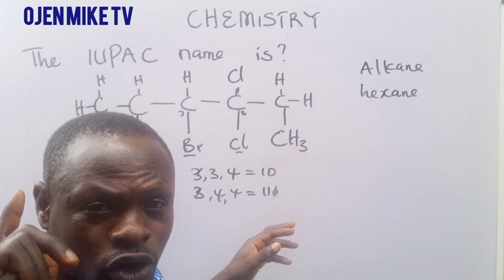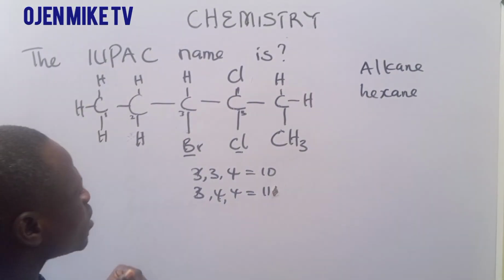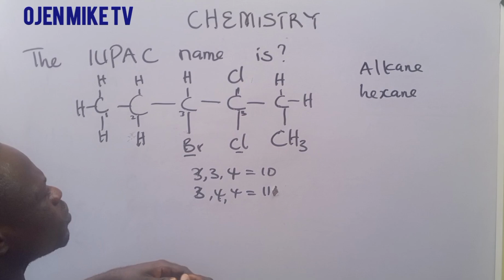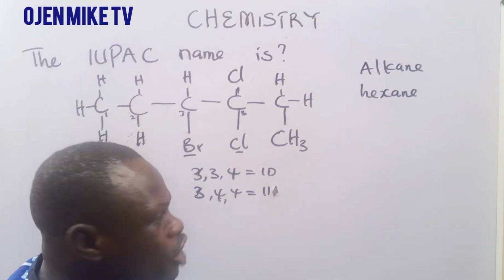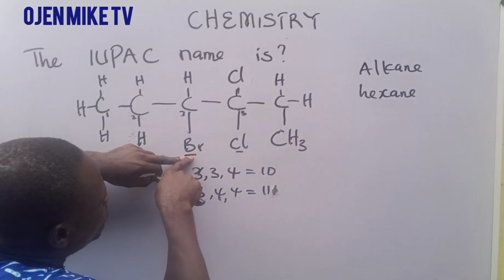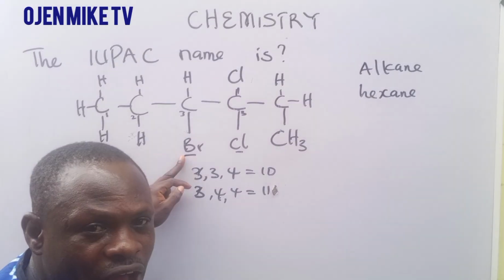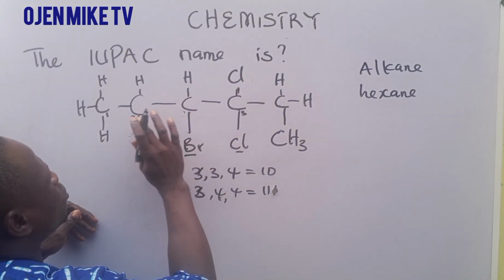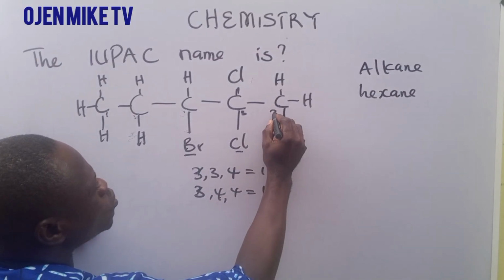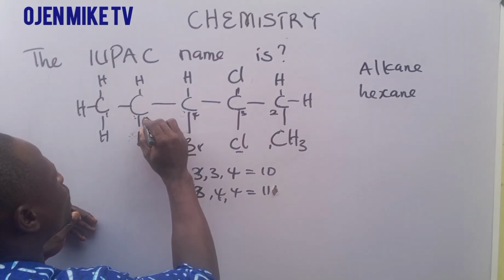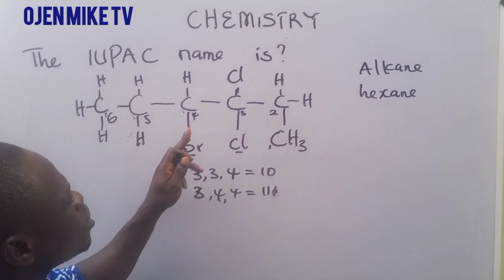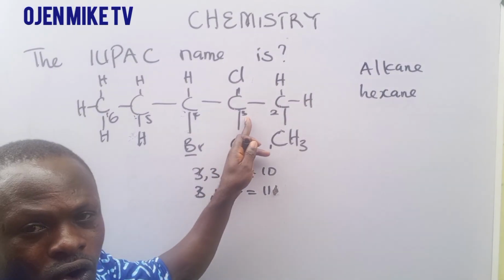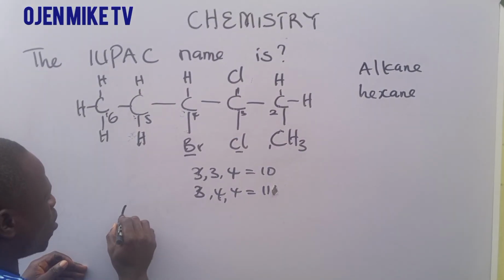That is a wrong rule. Now, the next thing we are going to do, since the numbering is settled, is go into our naming. Bromine and chlorine, which one comes first alphabetically? It's bromine. Remember, we are now taking our numbering as 1, 2, 3, 4, 5, 6. Bromine comes before chlorine. So you say 4-